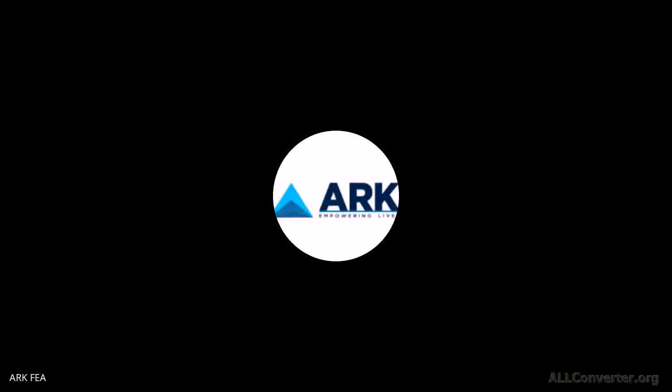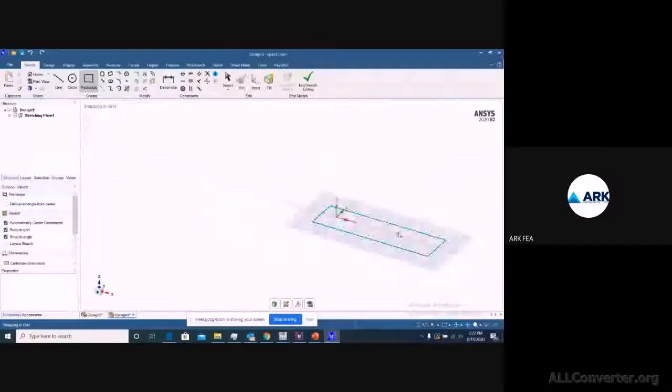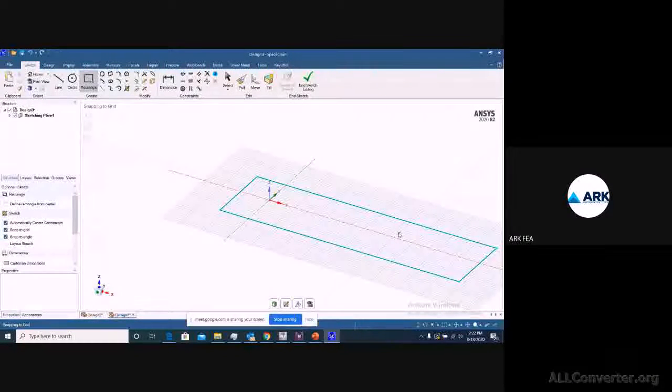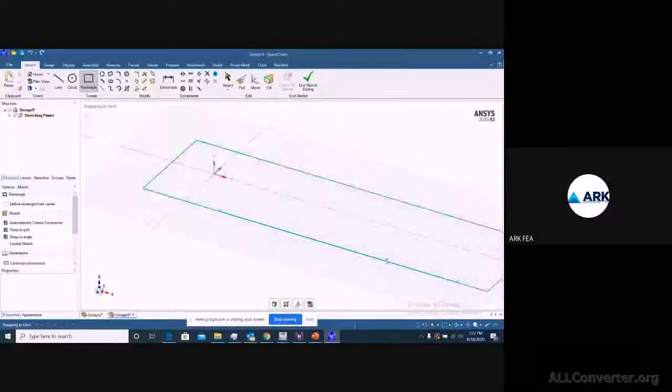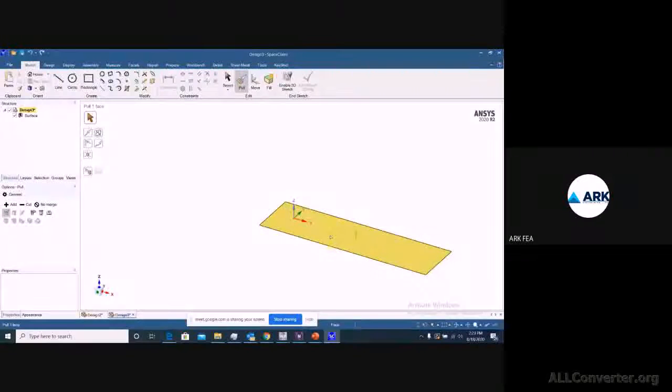So we'll take a new screen and start with another one, that is, if I have a rectangle, if I need to draw, I can specify length and breadth of it. And since I am done with my sketch, I need to add a third dimension. So in that case, I have Pull with me. So this Pull allows you to define any sort of third dimension you want to add.